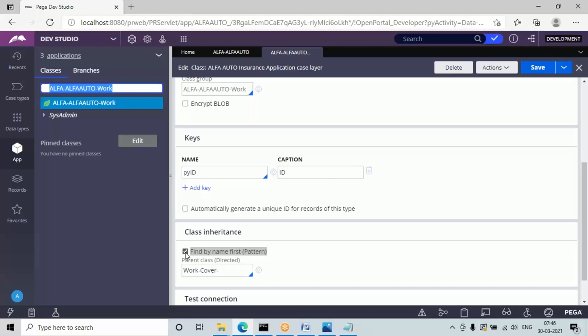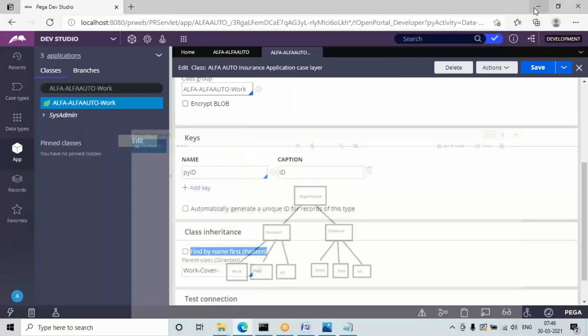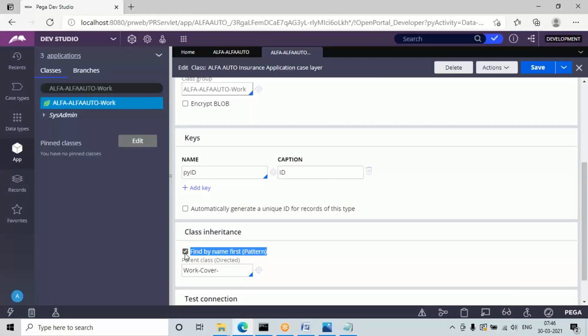Another thing is, if you remove the pattern and try to save, it will not throw any error. They may ask you whether pattern is optional or mandatory. Pattern is not mandatory, because if you remove it, this relation will be disconnected. That is, any data we have in the other parent classes, I cannot reuse in the subclass. But this will never happen in real time, they are never going to remove the checkbox. I just showed an example. If they ask whether pattern is optional or mandatory, it is optional only, not mandatory, because if you remove it, it does not throw any error message.